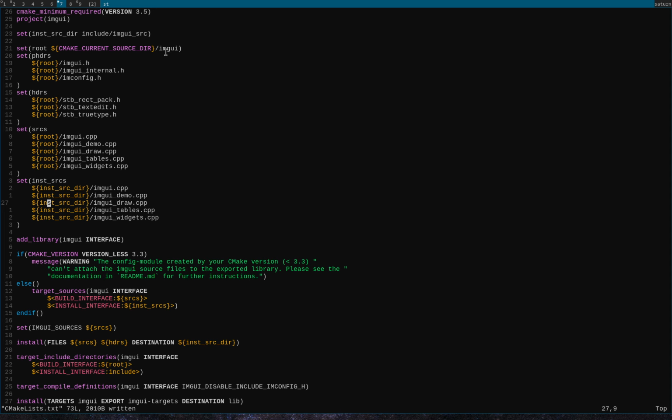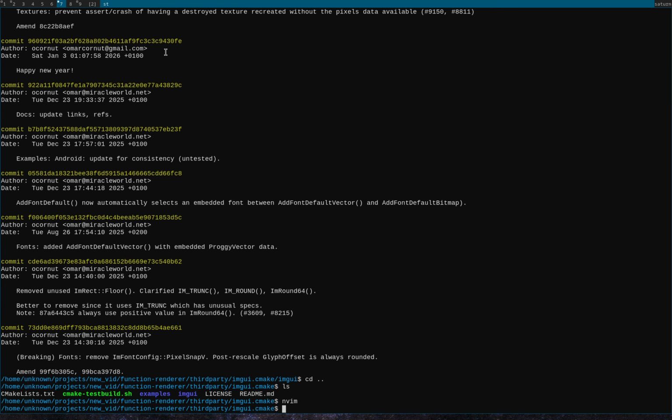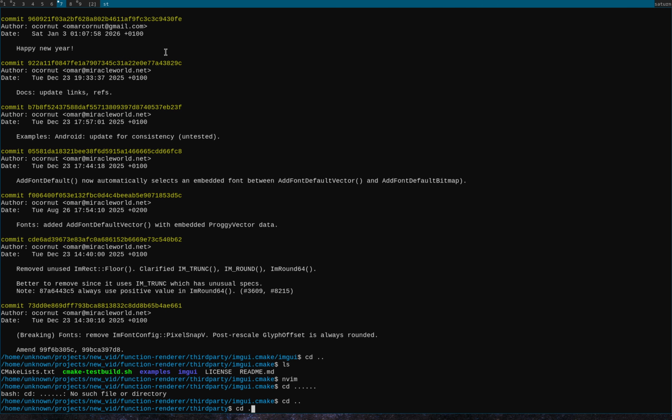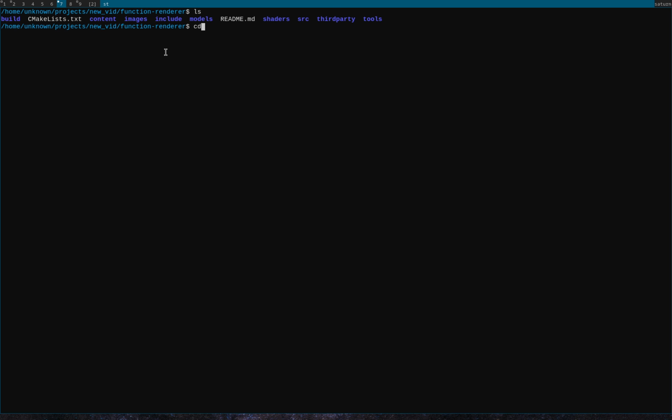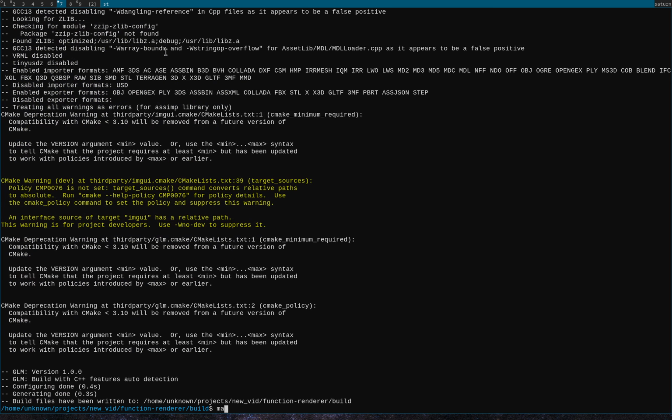Okay, I think that's all we have to do for imgui, although I think there will also be another issue soon, so we will see. If we try to compile now,